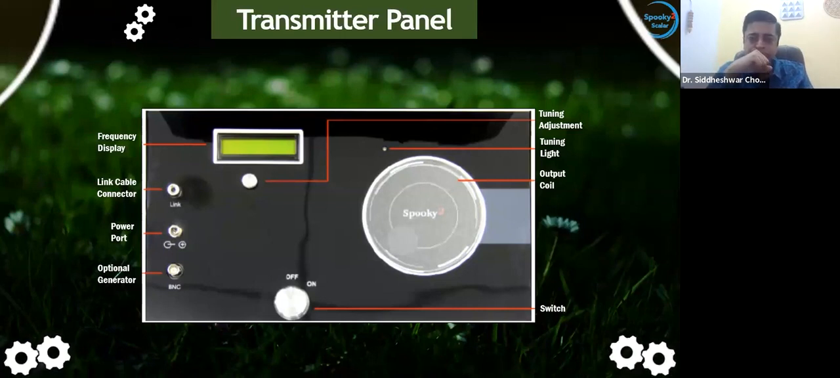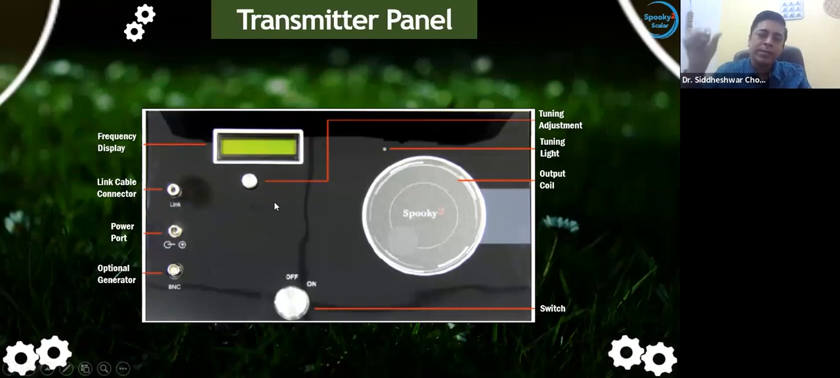Then you have a BNC port, which is meant for the molecular scalar or the Rife scalar work. You will be connecting a BNC cable, right? In fact, you use it only for the Rife scalar. And then you have the adjustment knob. This is the knob you will be using to set up the scalar field. Remember, you have to set up the scalar field always. And you have a tuning light here,